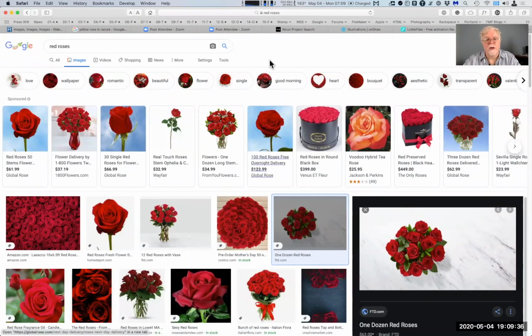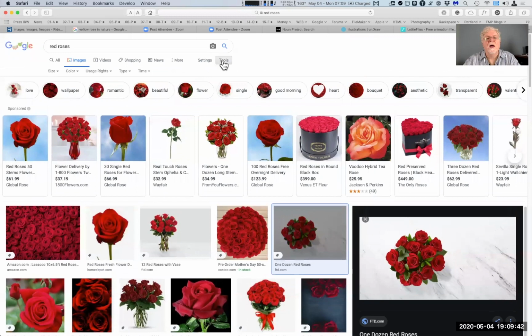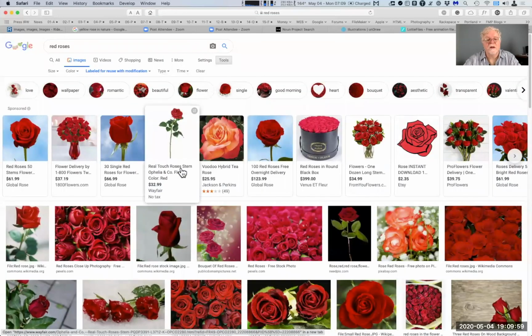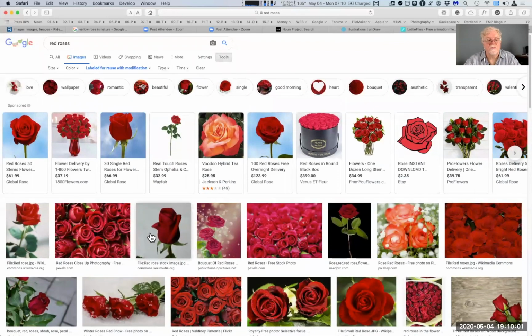And there is a way to have assurances of what's going on. If you go to the tools menu here and look at usage rights under Google and select label for reuse with modifications, it means you can do the most things with it if you want. They have label for non-commercial use, but even if you want to put them on a picture on something and have it displayed. So you select this, and of course you get a lot fewer images, and pretty much most of them